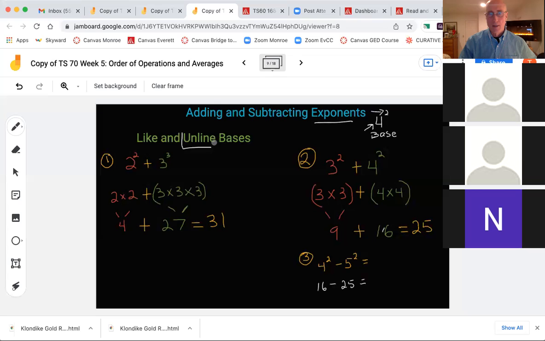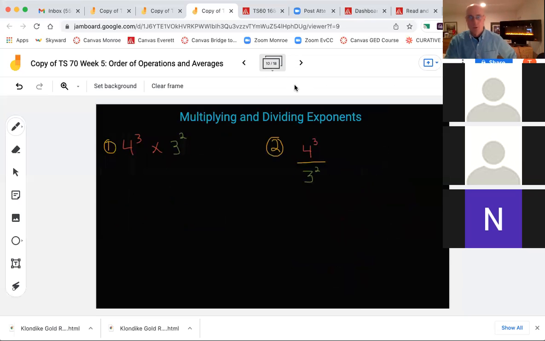In all of the examples on this page, we have unlike bases in every single case. This base number here is unlike that base number. Hope that kind of makes sense. Let's jump on to